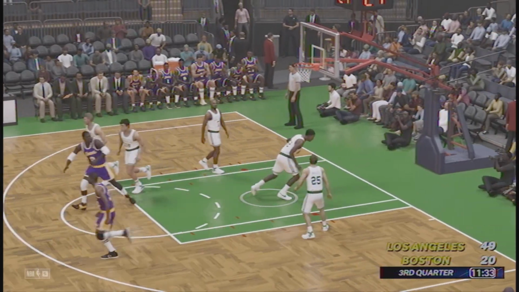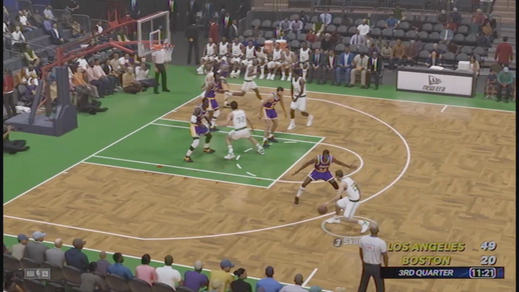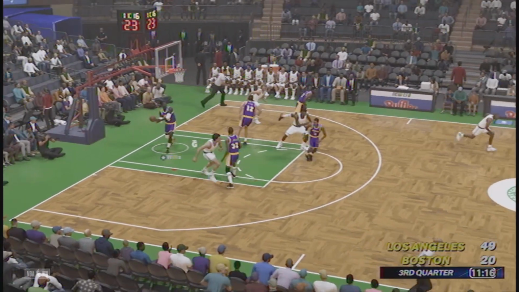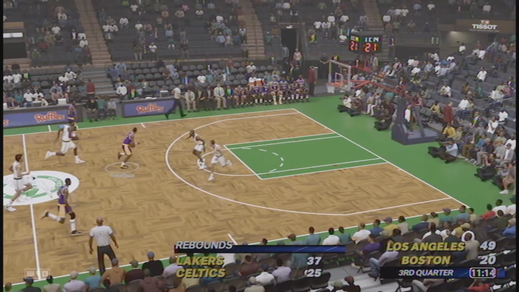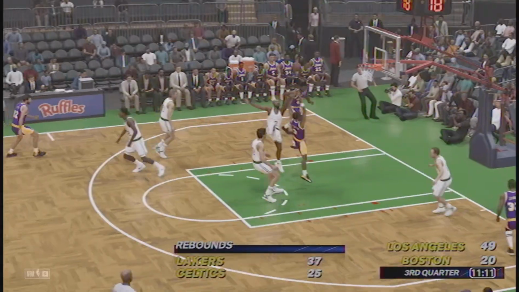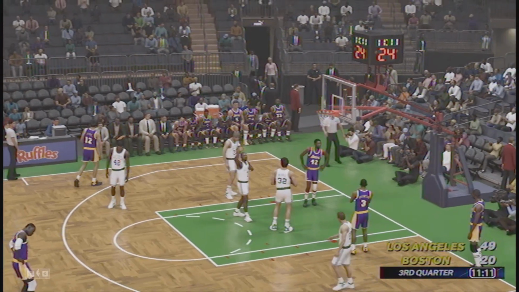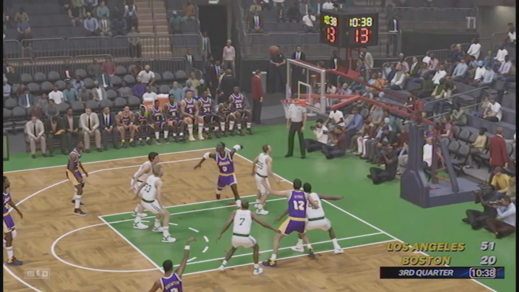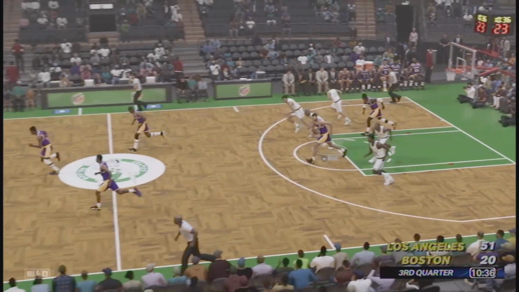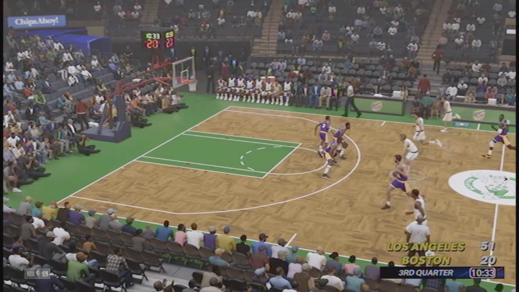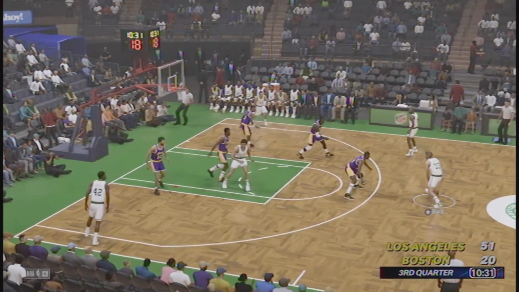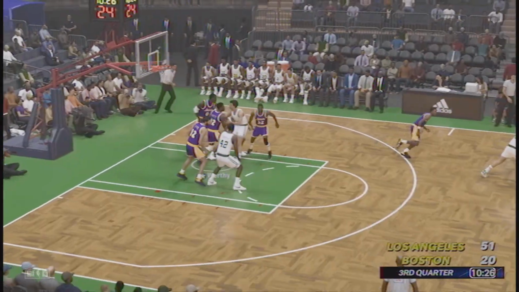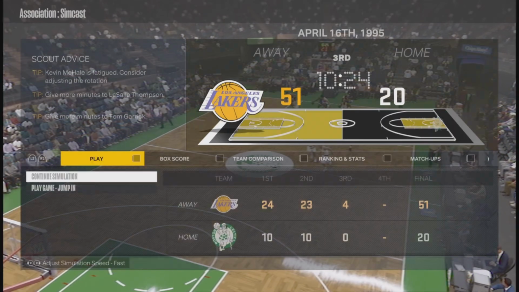Magic Johnson makes that shot for the Lakers. I mean, for our last game, this is just ugly. Very, very ugly. It's going to go down in history as one of the ugliest games in the Sim, in an NBA, for all time. I mean, this is how Larry Bird is going to go out, like this. Alvin Robertson for 3. He can't make that shot. Larry Bird with the rebound. It's 51-20, guys. Like, what is happening? How could the Boston Celtics only have 20 points? They can't make a damn shot is why.